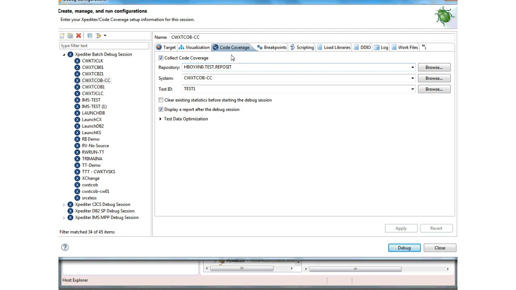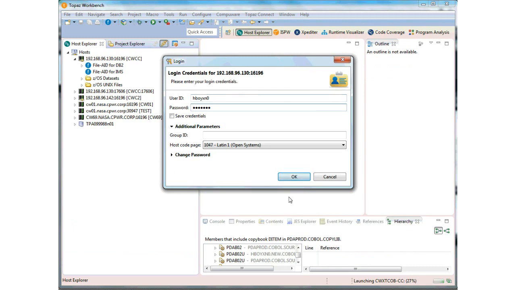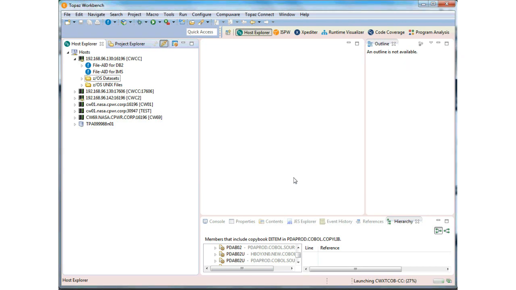So once I've completed the debug setup process of Expediter, I just need to initiate the debugging session. We're always going to ask for your login credentials, either your TSO user ID and password, so that we can verify that you are authorized to use the resources that you're using. When I launch the debug session,